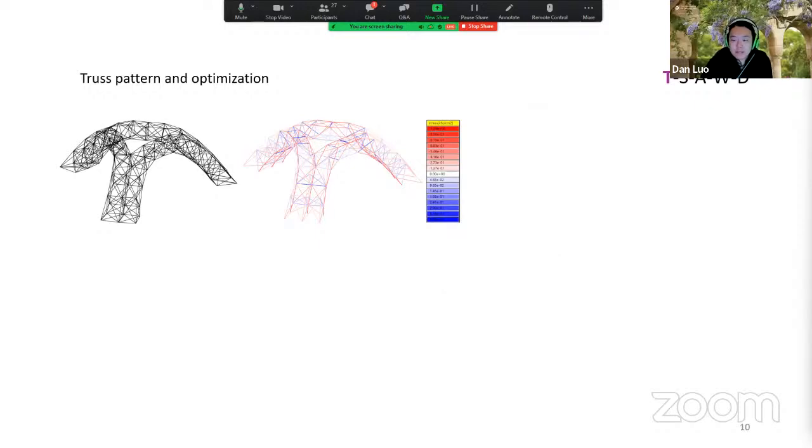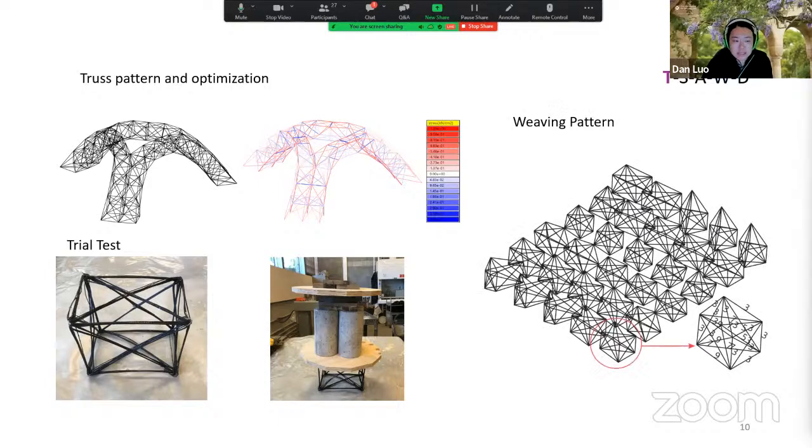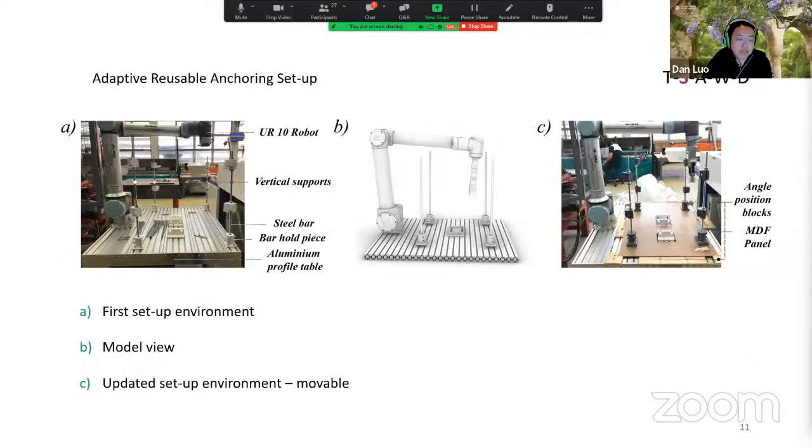the truss system for a table and used finite element models to analyze the strength distribution for each truss member, did a bit of structure testing, and optimized the distribution of strength on each of the truss members, which is reflected in how many strings of FRP we want, which translates to the cross section of the component. The fun thing about this part is that we combine robotic assembly with